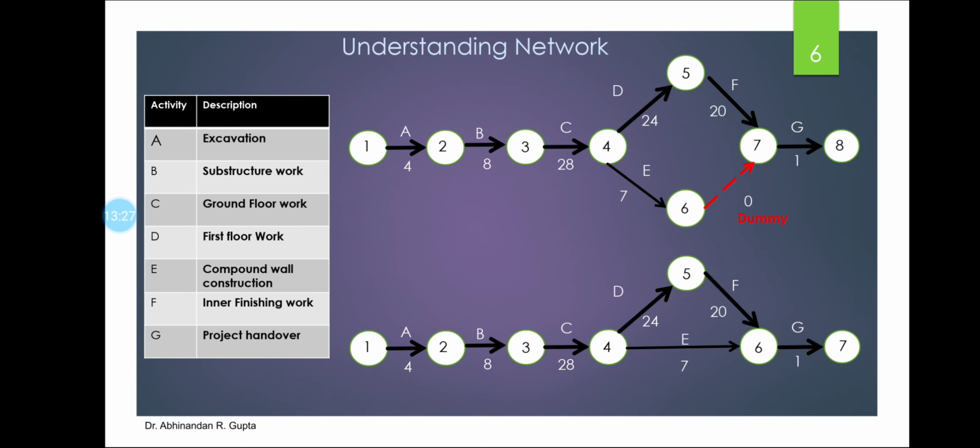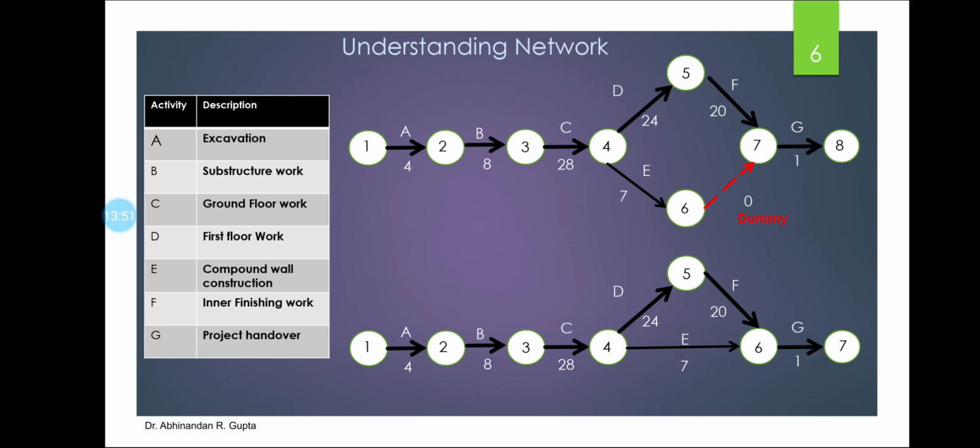So after 1 there will be 2, similarly after 2 there will be 3, after 3 there will be 4. Now either you can write 5 at the top and 6 at the bottom, it is one and the same thing. But where 7 is written, you cannot write 6 there, because if you write 6 at the location of 7,